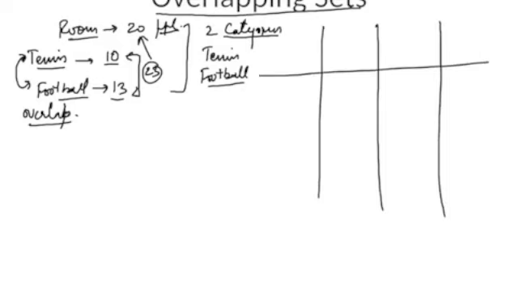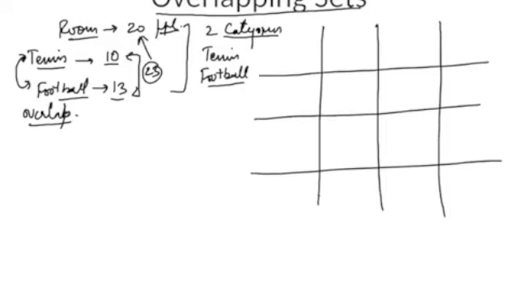3 horizontal lines, 3 vertical lines. So two categories, tennis and football. People playing tennis, people not playing tennis, people playing football, people not playing football. There is no other type of person sitting in that room. They either play tennis or they don't play tennis. They either play football or they don't play football. So we are concerned with only these things and nothing else.